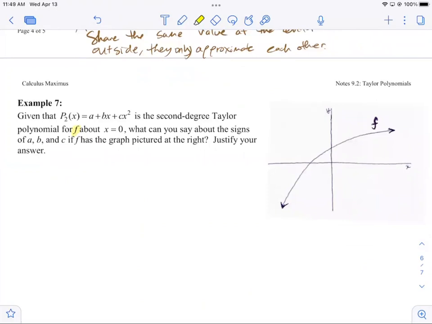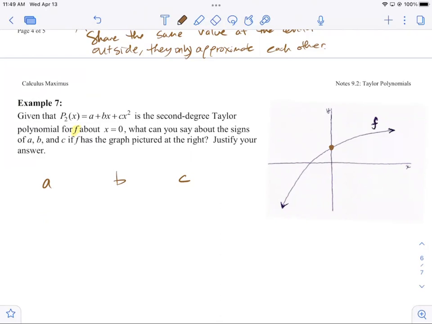Justify your answer. Okay, so if this is f, and we're centered at 0, here's 0 right here. What can we say about a? Let's do these separately. a, b, and c. Can we say anything about a? Is a positive, negative, 0, undetermined? It's positive? Why? Why is a positive? It's got a positive y and